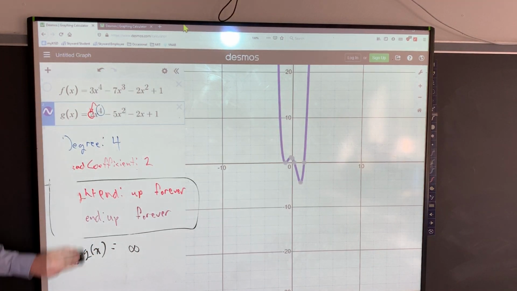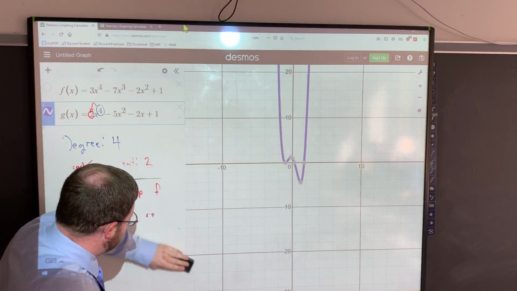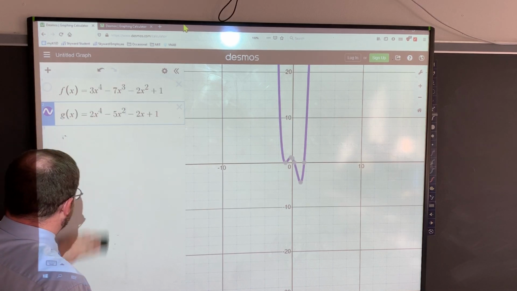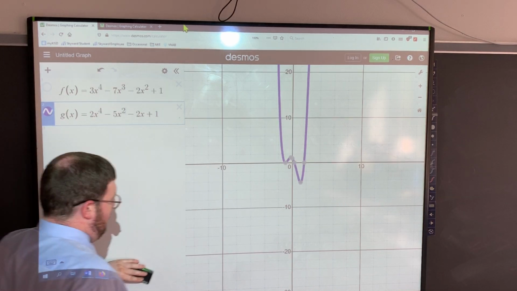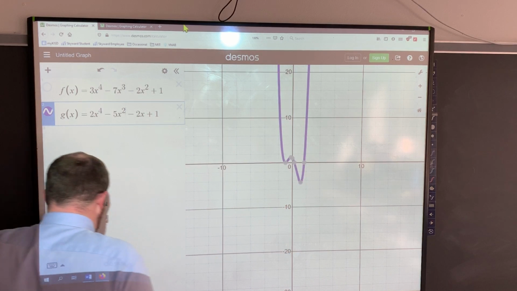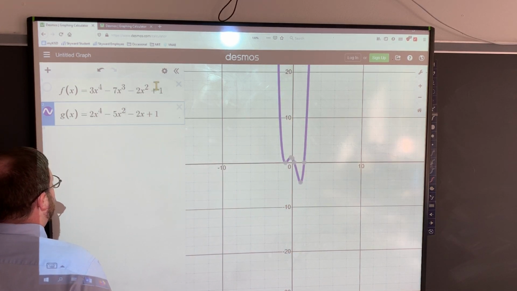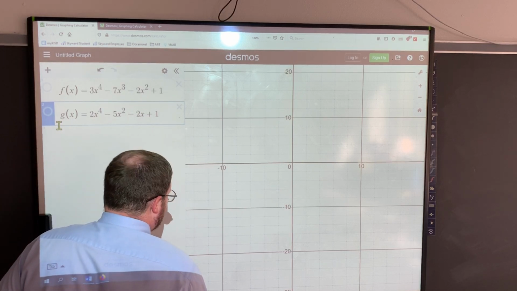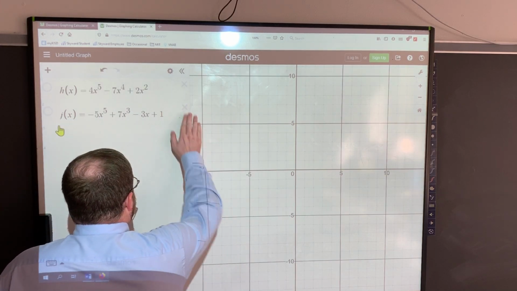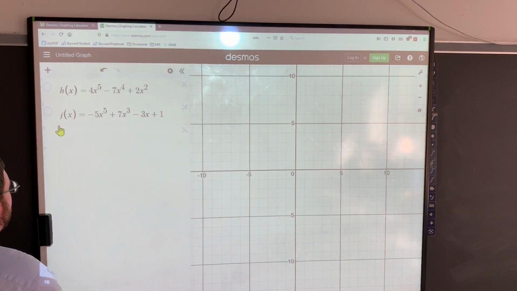And you can combine the left, right, and the up, down in any way you want. So left and up, left and down, right and up, right and down. I will not make you do the limit notation for your answers. All I'm going to be looking for is the words right forever, up forever, and such. So this one,